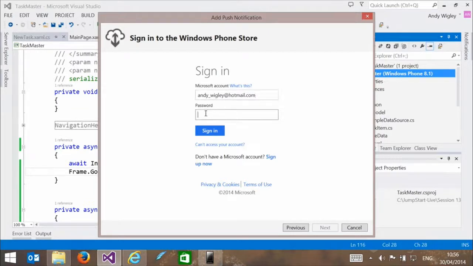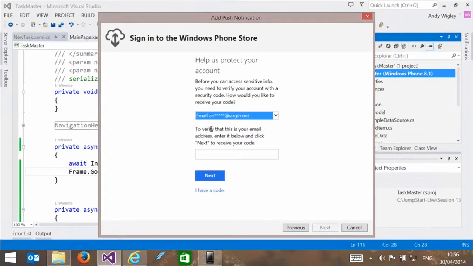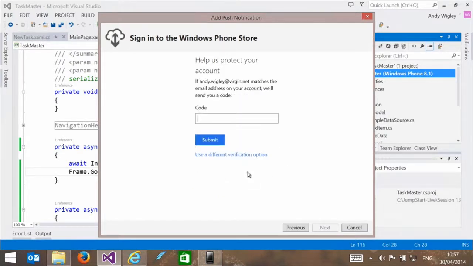And add in my password, and then sign in. Now, at this point, it's going to email me a link, or you can send it by a text message. So I'm going to send it to, this is like two-factor authentication, so it'll send it to an account, and somewhere I've on my tablet here, I'm going to wait for this